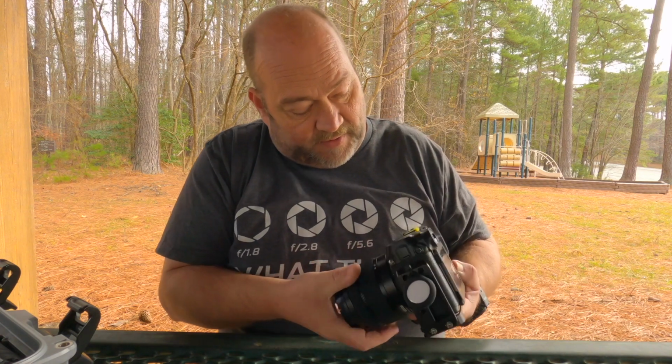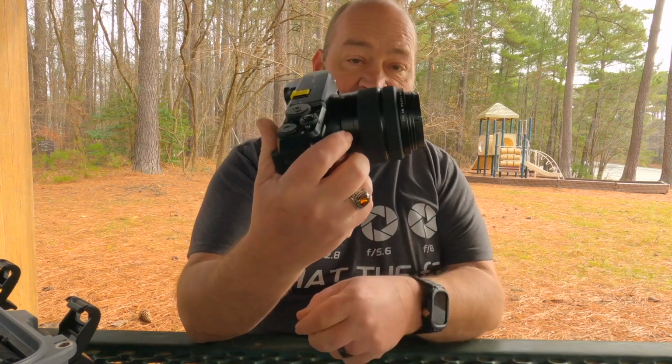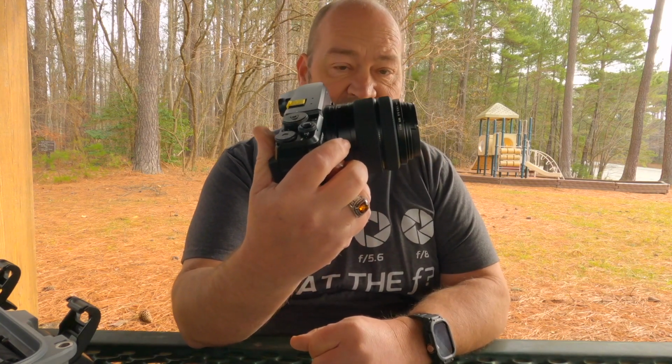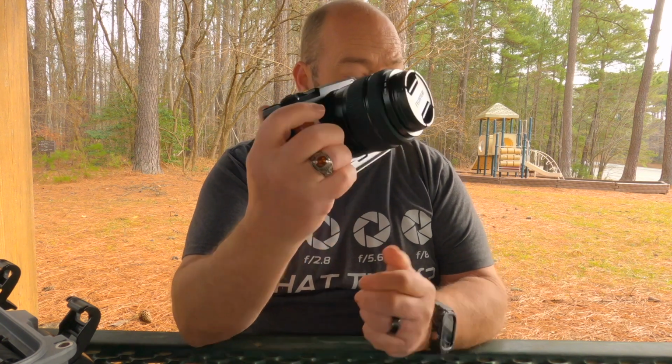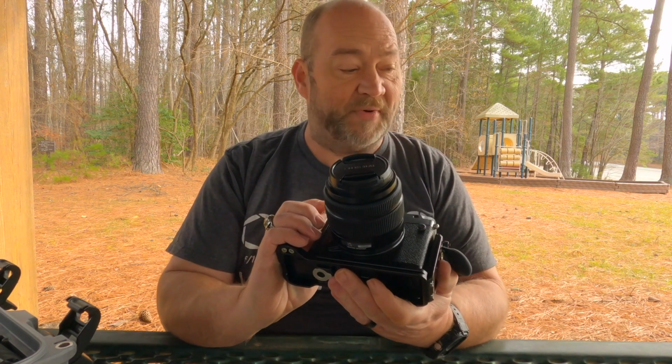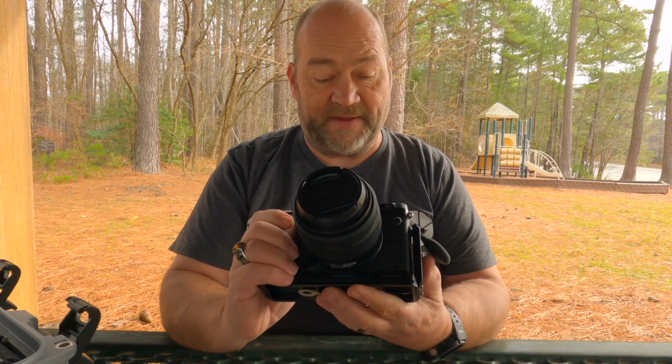Oops, let me get it turned there. There we go. Now, it's not a very big lens. It's fairly compact and it's lightweight as well, which is nice. And it is a fantastic lens. It does have the weather resistance to it, so it does have protection from moisture, dust, and stuff like that